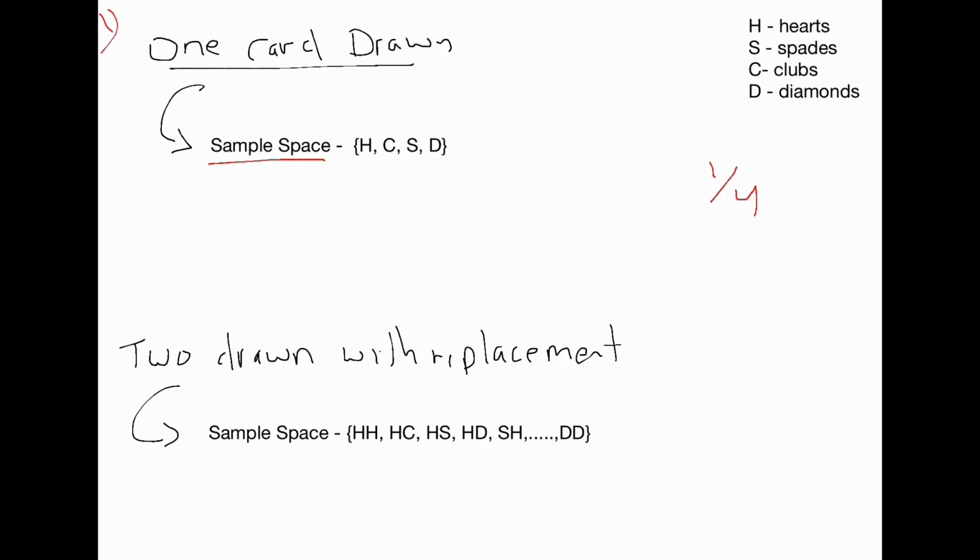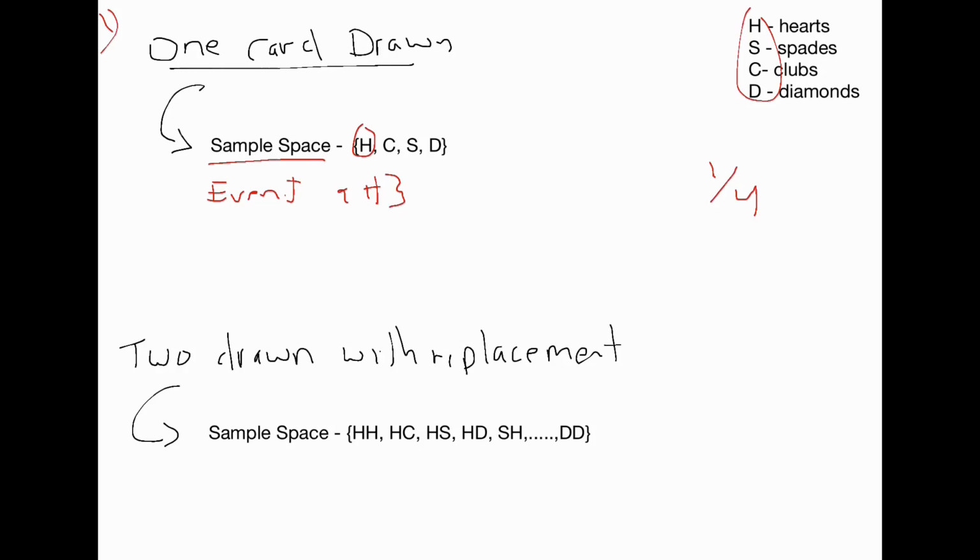If I'm drawing one card from a deck, there's lots of ways I could think about this sample space, but in this case, since I'm only concerned with the suit, the most sensible sample space is hearts, clubs, spades, and diamonds. Each of these represents a possible outcome. I have the same likelihood of drawing a heart, a club, a spade, or a diamond, so this is a fair sample space. The event of me drawing a heart would just be the one possibility in here. The only way I could draw a heart is if I pull a heart,